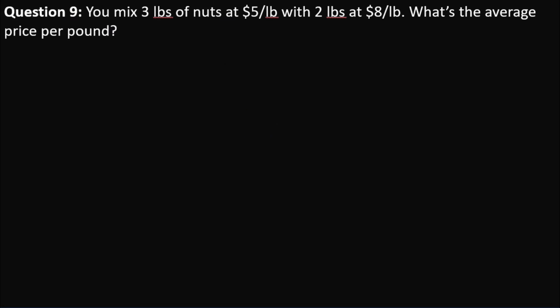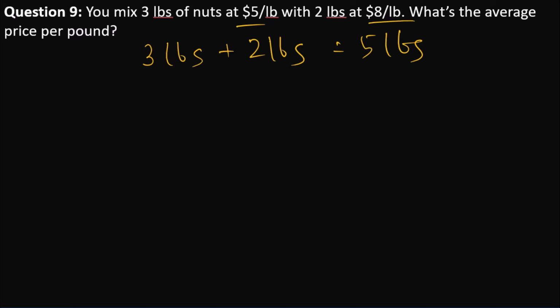And now you mix 3 lb of nuts at $5 per lb with 2 lbs of nuts at $8 per lb. So here 3 lb plus 2 lbs of nuts equals 5 lbs. If we mix both types of nuts, we need to find the average price. So the average price will be